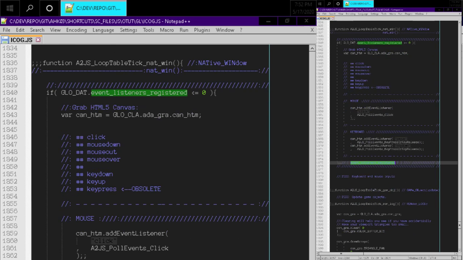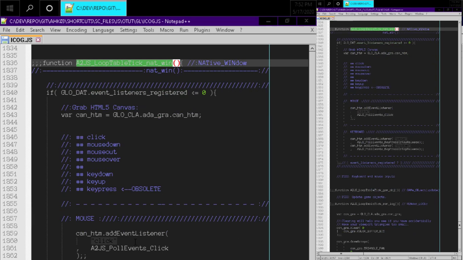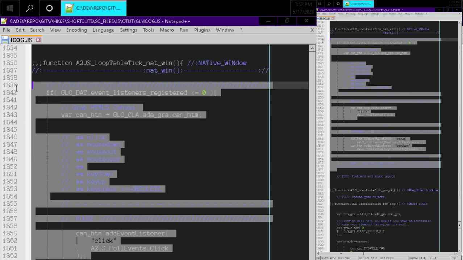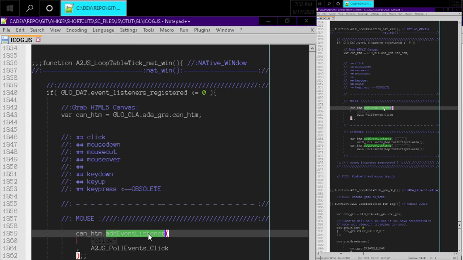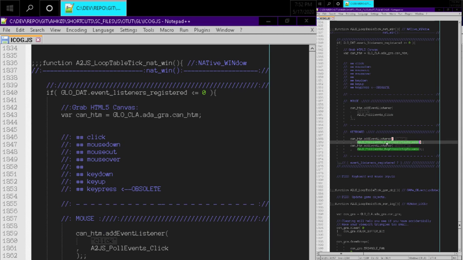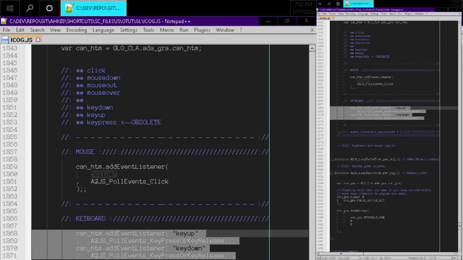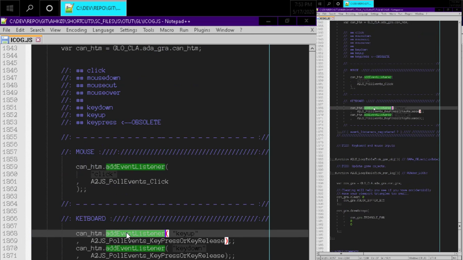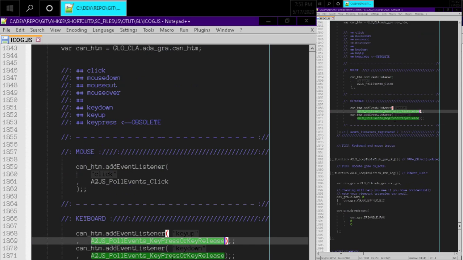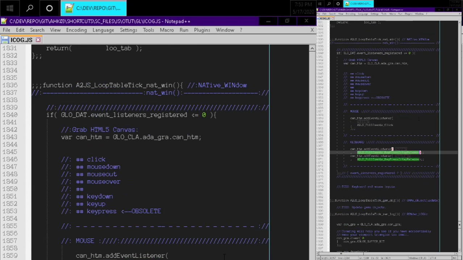The idea is I want to pretend that these events are actually being polled, even though they're just being registered with these listeners, and that's why they're named poll events, because eventually, instead of registering these as event listeners, the poll events,